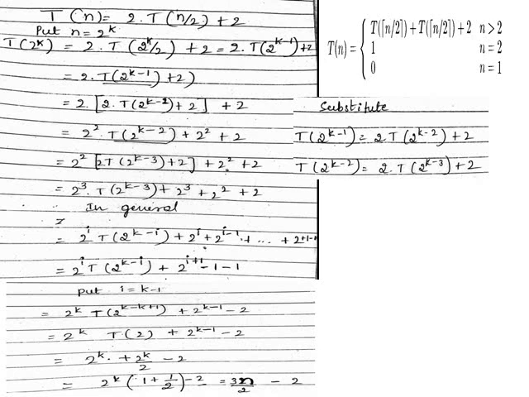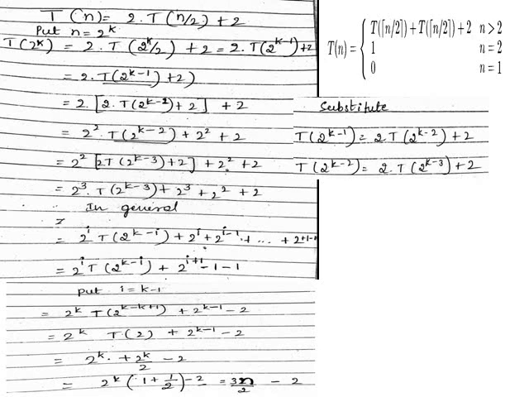That is 2 to the power of 0, 2 to the power of 1, 2 to the power of 2, so on up to 2 to the power of i will be equal to 2 to the power of i plus 1 minus 1. So here minus 1, another minus 1 extra we have taken here, so that is minus 1 here. Then put i is equal to k minus 1 to get the initial condition. That is when n is equal to 2, we need one comparison. So to get that value 1, I am putting i is equal to k minus 1.